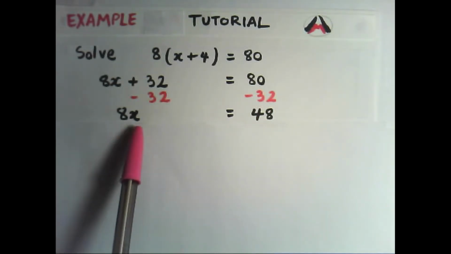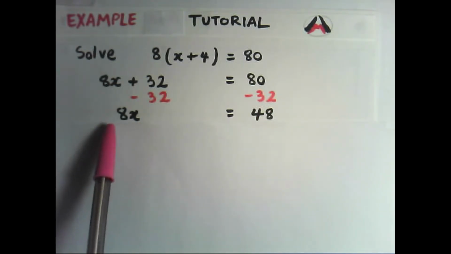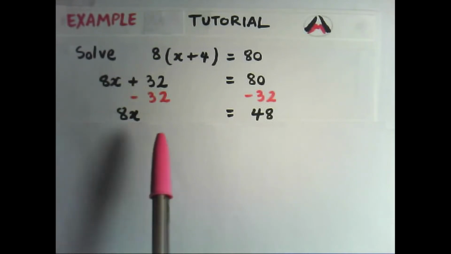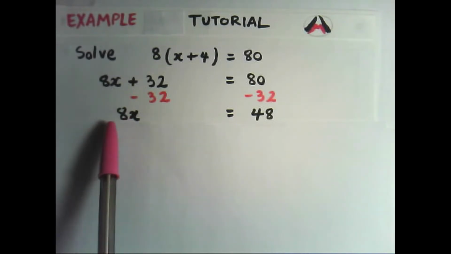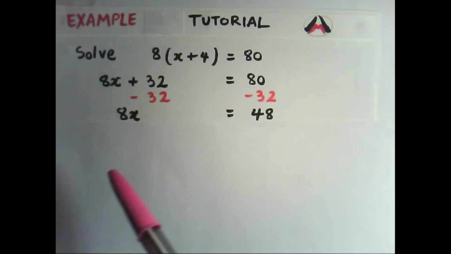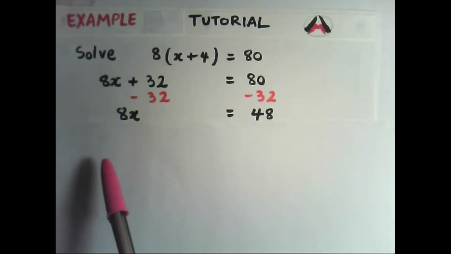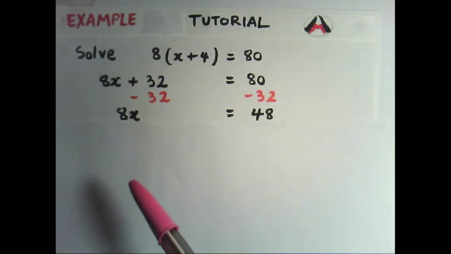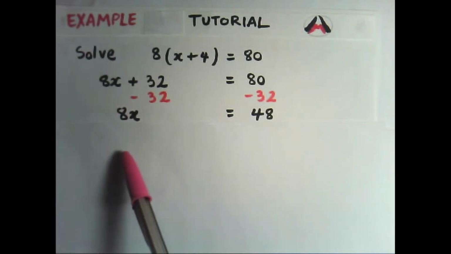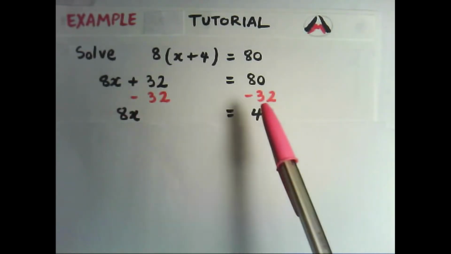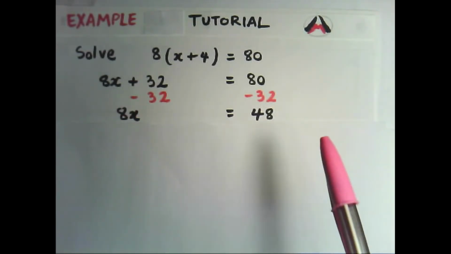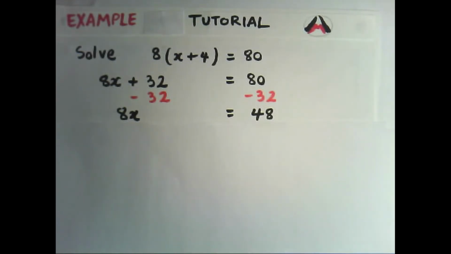At the moment, x is being multiplied by 8, and we just want to get x by itself. So the opposite or the inverse of multiplying by 8 is to divide through by 8. If we're going to divide the left-hand side by 8, we also need to do the same on the right-hand side to maintain balance. So if we do that,